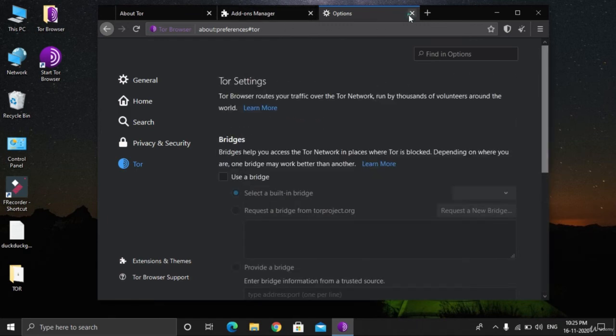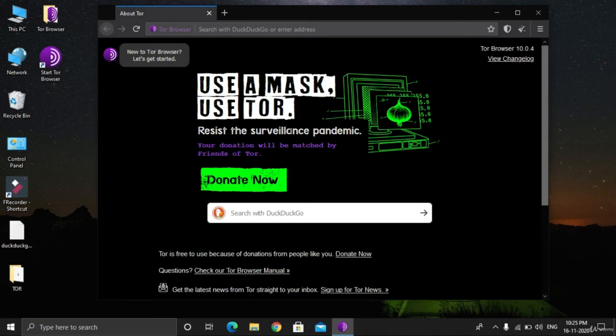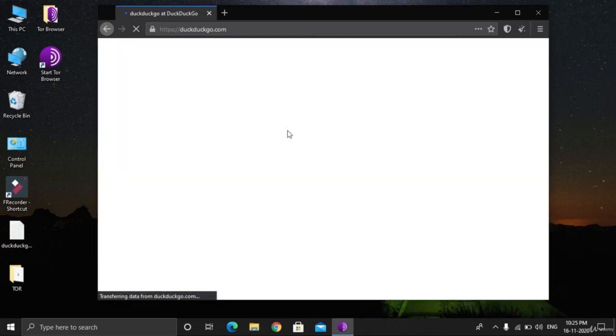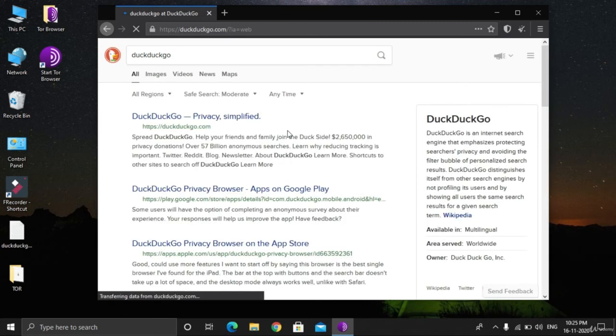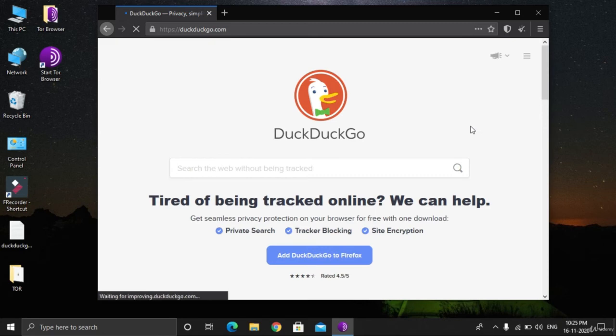Okay, so let's see the DuckDuckGo browser. What is DuckDuckGo browser? DuckDuckGo by default searches the surface web, but it can also open .onion websites. Thus it can also access the dark web, but you cannot surf the dark web with it, right? It will always open surface web websites on the surface web, but it can open .onion websites. So let's open DuckDuckGo browser. It's like in Google there is Chrome, so in Tor there is DuckDuckGo, right?